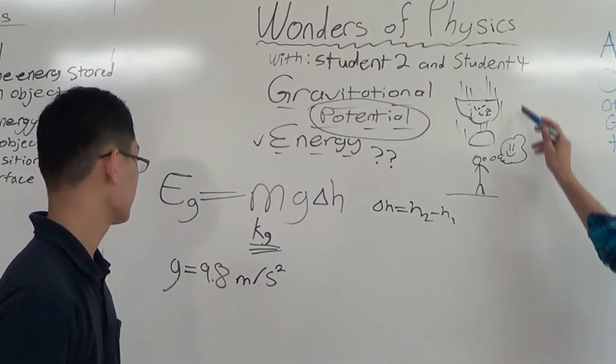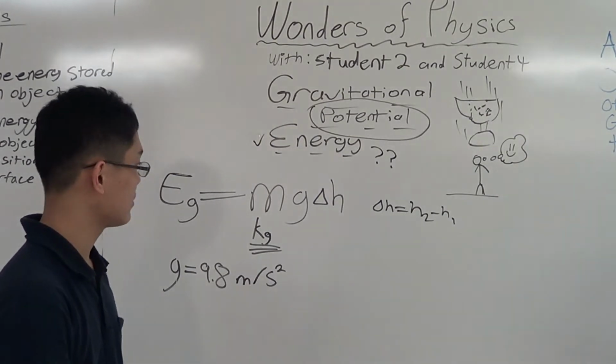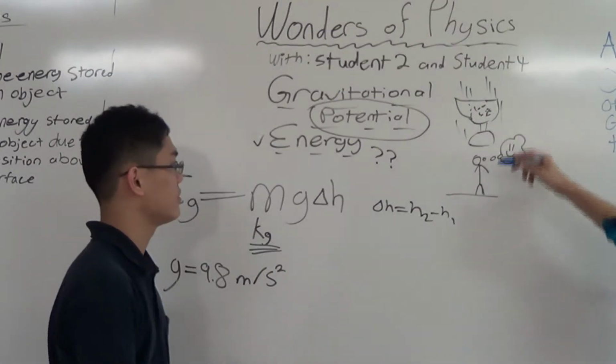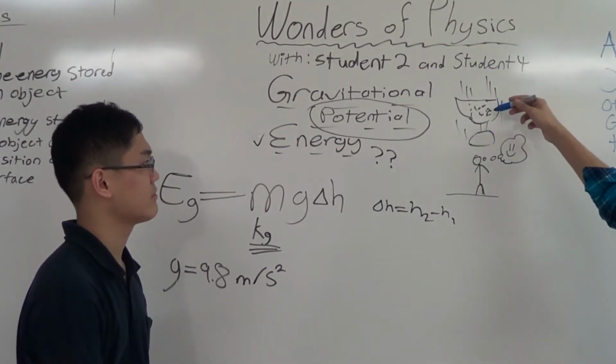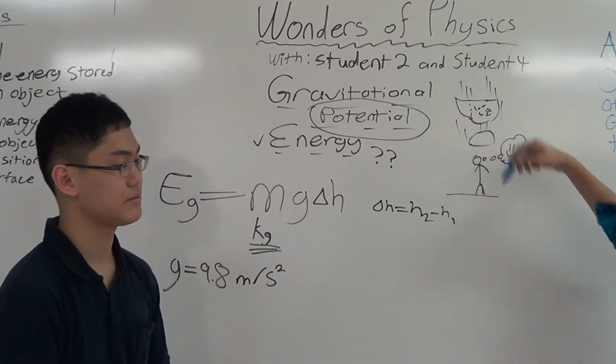You can see this little diagram we have drawn over here. This boulder is falling on this man thinking happy thoughts. This boulder has gravitational potential energy. That energy is being let out. Now,